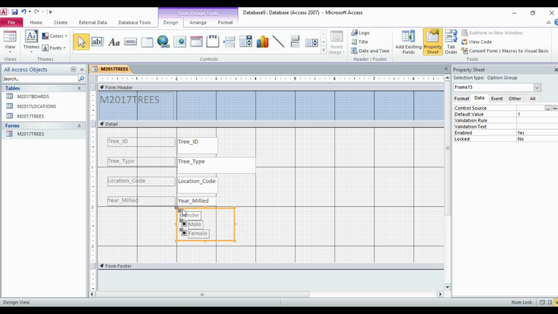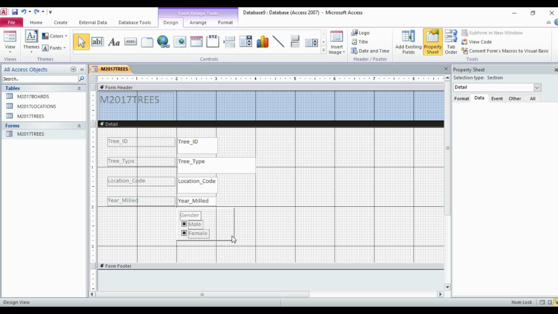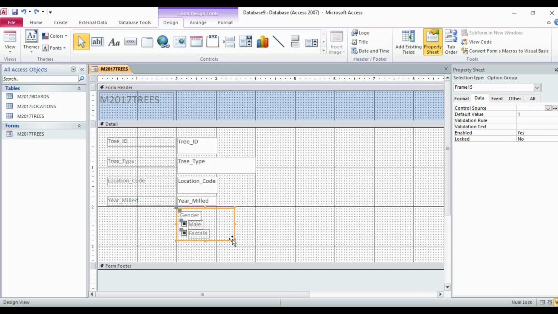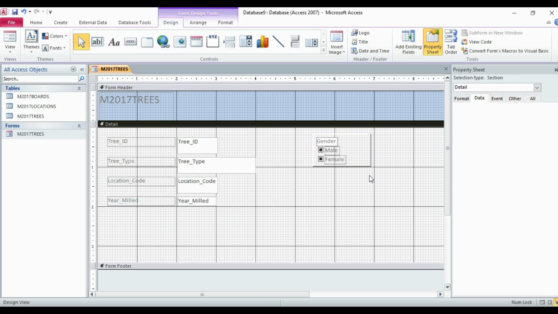Even if you want to place it somewhere else in the form, selection is very important. Suppose you are going to place it here only, so you can simply drag and place it at the location of the form wherever you want to place it.